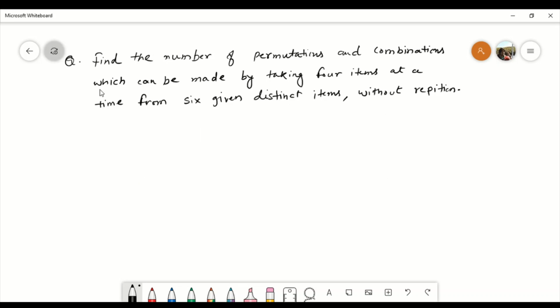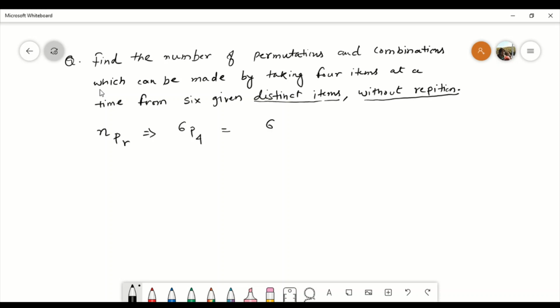So let's discuss a very simple question. This is the question which asks us to find the number of permutations and combinations which can be made by taking 4 items at a time from 6 given distinct items without repetition. So these are again the two constraints that we have already set, right? They are all distinct items and there is no repetition. So what is the number of ways of permutation? Permutation is NPR, right? So in this case we have to calculate 6P4,